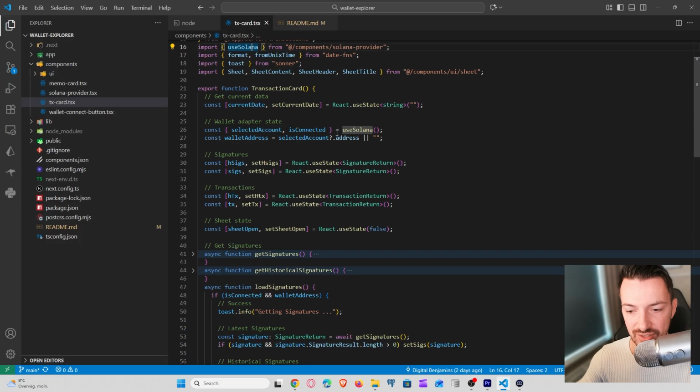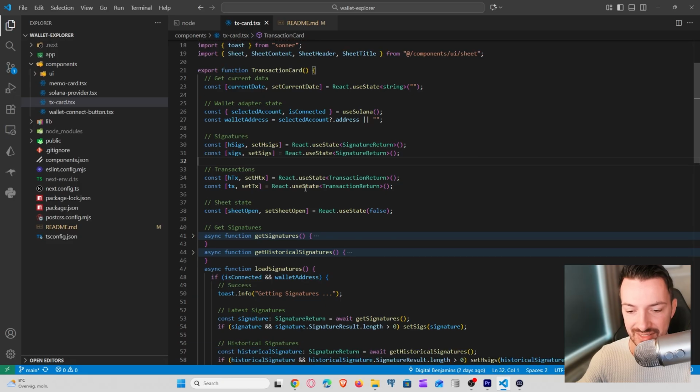Next, we are going to create some states to store our signatures in. So as you can see here, we will have a state that will hold our historical signatures and our recent signatures. And we do the same for the transactions. So once we have the signatures, we can click on one of them, and then we will store these transaction details in the states that we create for them. And also that we will try to do via the historical endpoint and the non-historical endpoint, and we store it